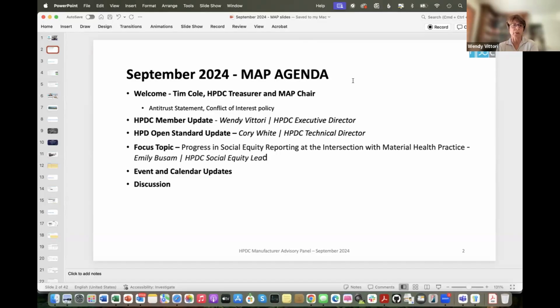And then we're going to focus in on one aspect of that, which is a tremendous amount of work that's gone into our social equity efforts through the social equity technical subgroup. The important thing here is that we're working on best practices.